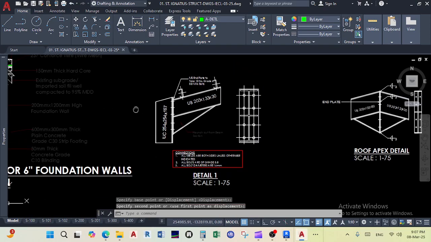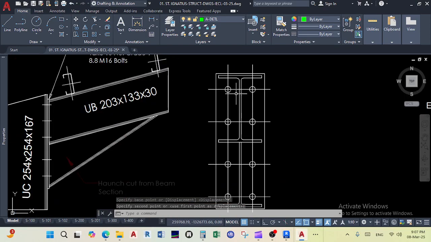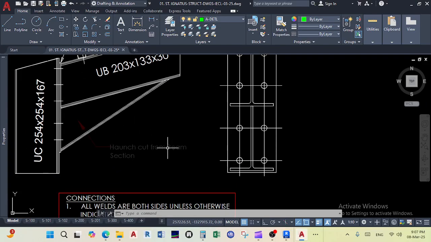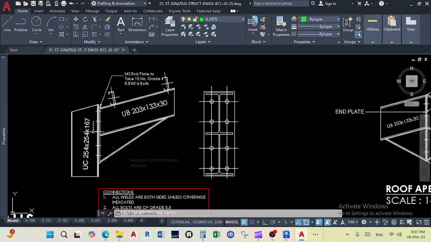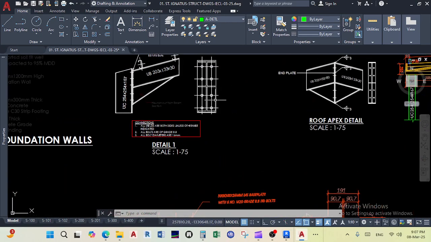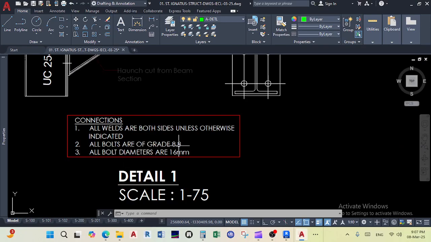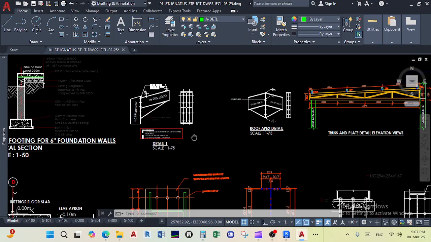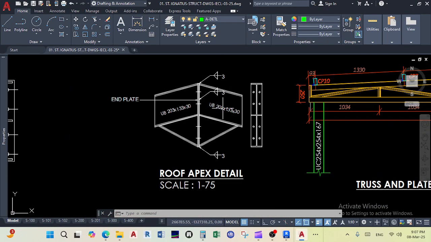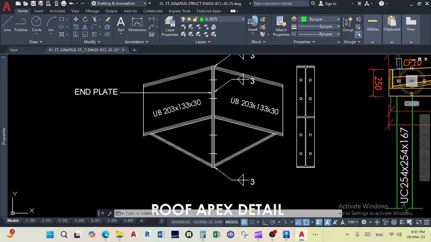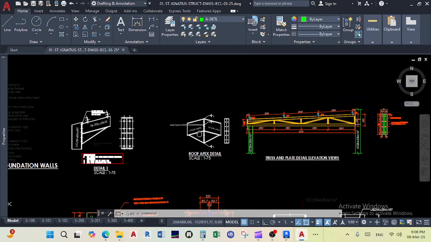And then I've got a small detail. I show these bolts, shows that this is going to sit here. This is a haunch that will start from the beam, and then it's supporting there. And this is something hopefully I'll show you in Revit. So that's the connection. I show the bolts are 8.8 grade, the diameters are 16, and so on and so forth. And then this is the haunch between the 203 and the 203, and then this is the